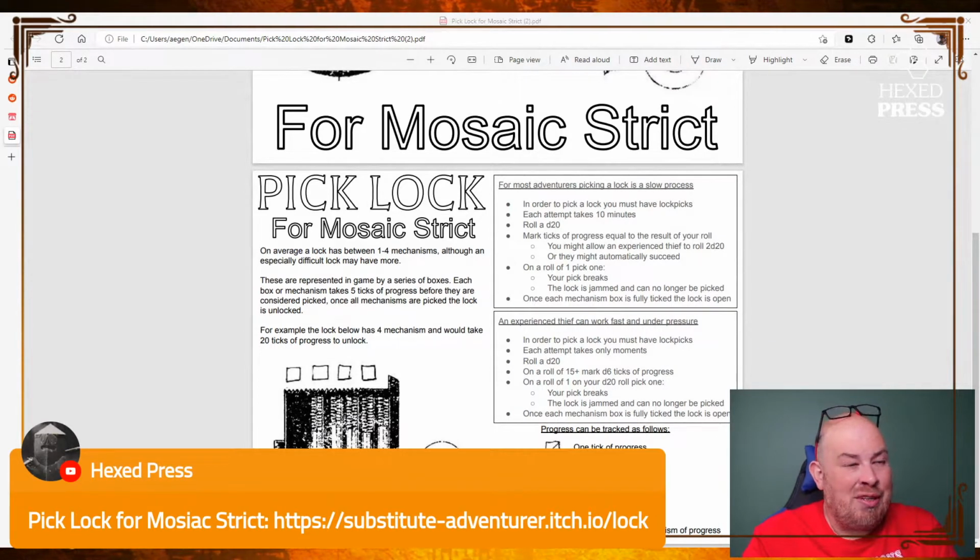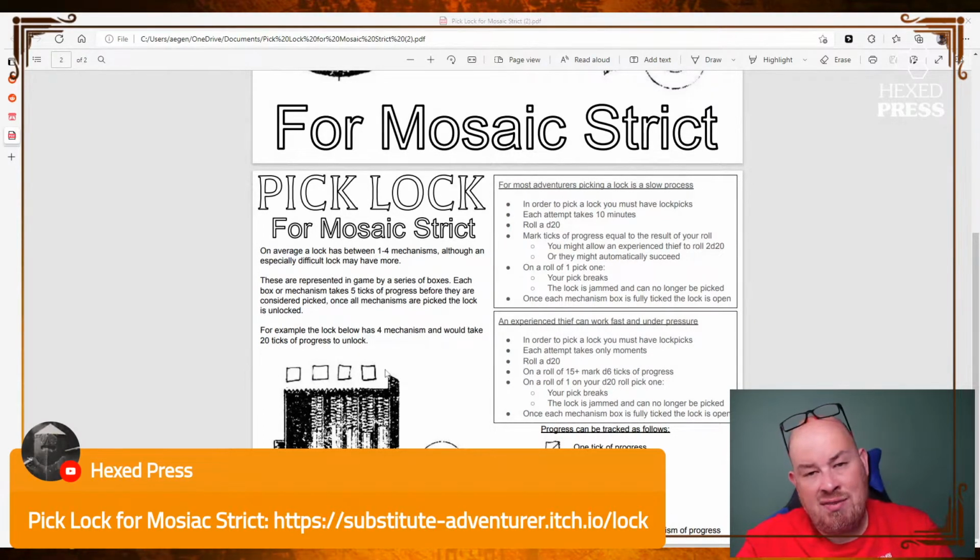So here's what I think about this. This is one of the things where I feel like there's a great idea in here that's just made a little bit overly complicated for me. So adding multiple ticks to each box just seems to me adding steps. I would just say, okay, you got 4 things in here. That's 4 ticks. We don't need 4 times 5, just 4. Then maybe what I would say is roll a d20, have some target number, whatever that is. And I would say, since we're going to be using this for thieves and non-thieves, that we should probably,